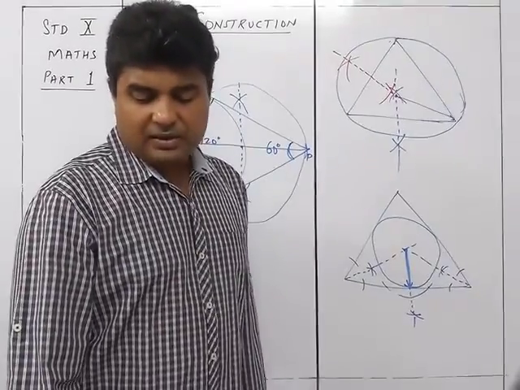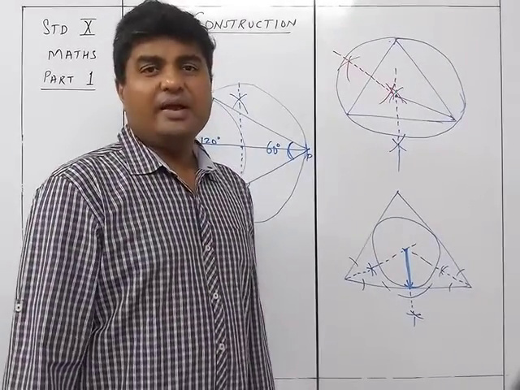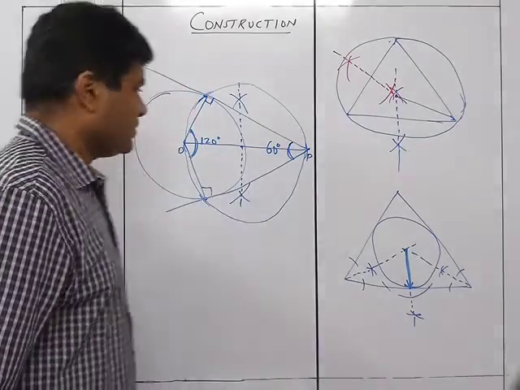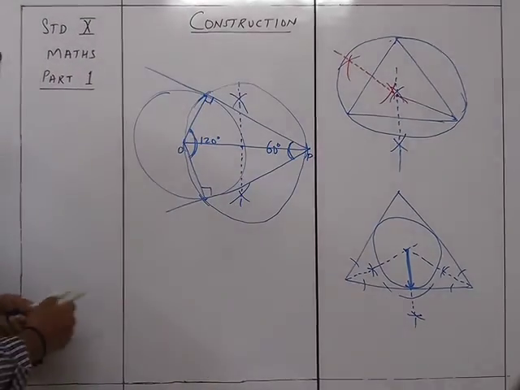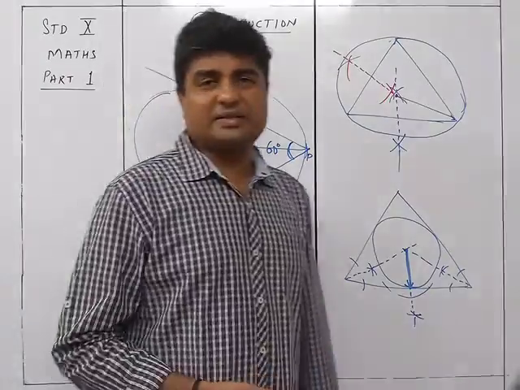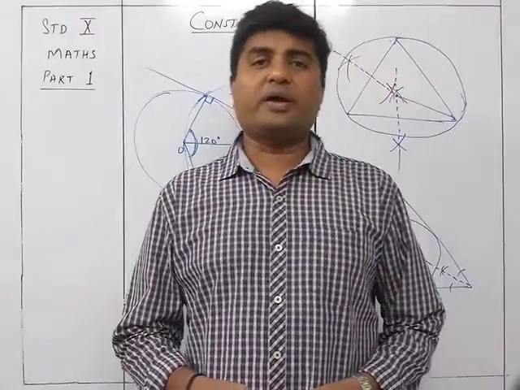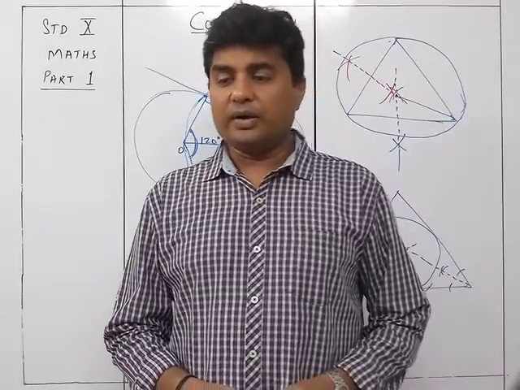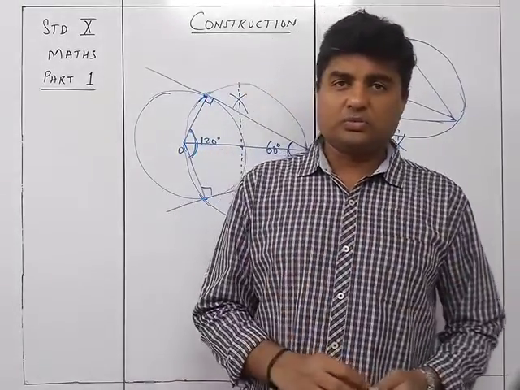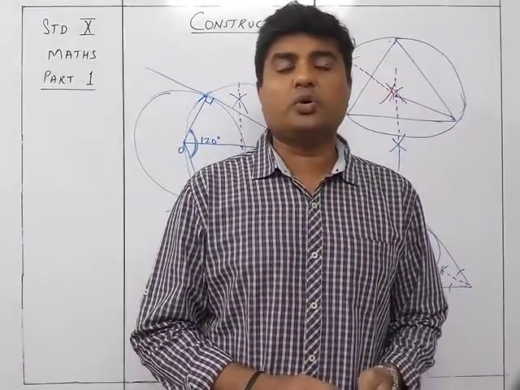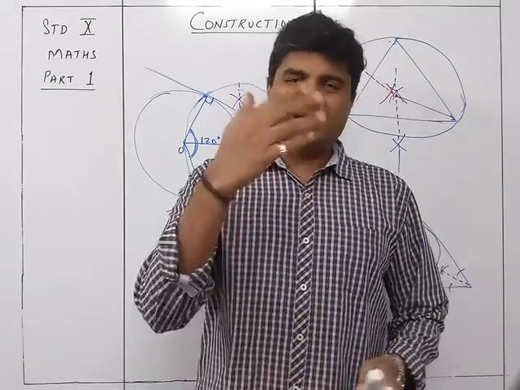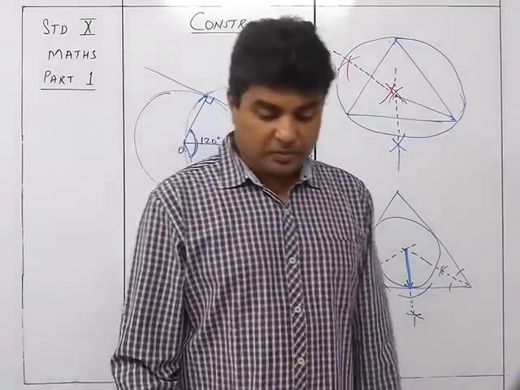Right, and lastly is the regular hexagon. Hexagon as such, the method we are going to use, we'll just discuss that when we are doing the sum, because I'm going to tell you the method of drawing a hexagon. There are two methods, but we'll discuss that in the question. It's better that way.